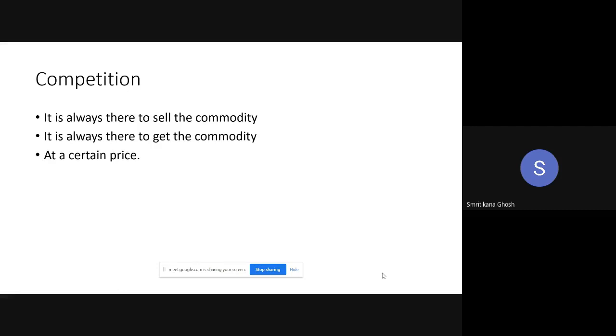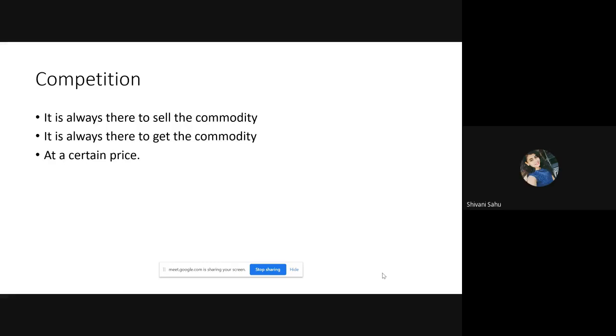So for a certain price, the buyers are competing over who will get the freshest vegetables. And for a certain price, there is another section of buyers who are trying to go there and bargain with the sellers. The bargaining may be healthy, maybe unhealthy. I am not going into that part, but they are trying to purchase the commodity at lower prices. So there is always a competition. Okay. Do you get the situation of competition in the market? Do you have any problem with this slide?